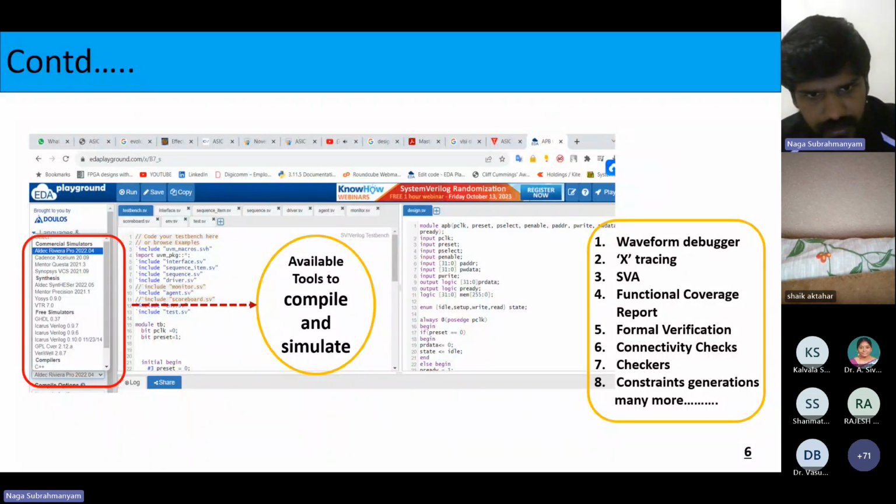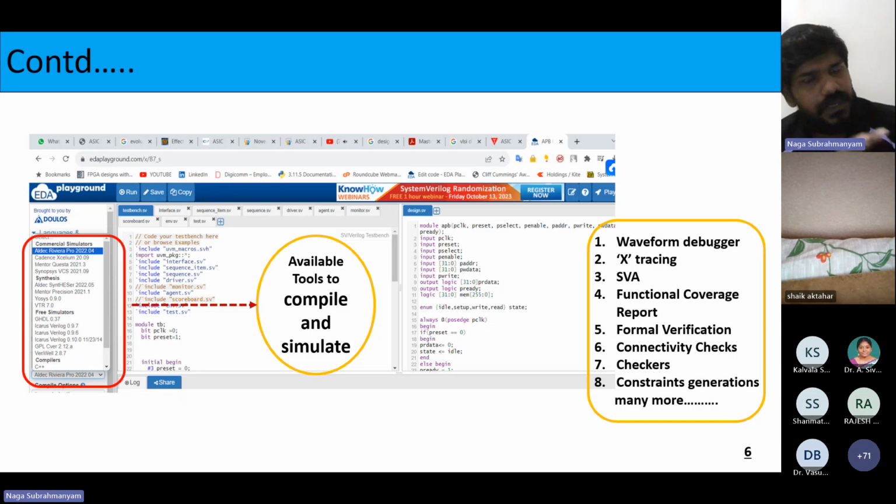See, here I used a word called compile and simulate. Okay, I'll tell you in a lighter way. The entire process of verification is of three steps. One is compilation, another one is elaboration, another one is simulation. Initially, in the compilation level, we will check the syntax-level things. Are there any syntax mistakes, or is there any wrong way of writing the language? Those things come under compilation.